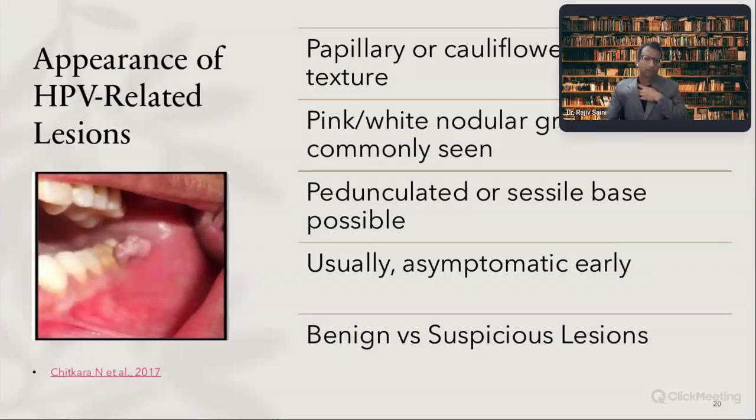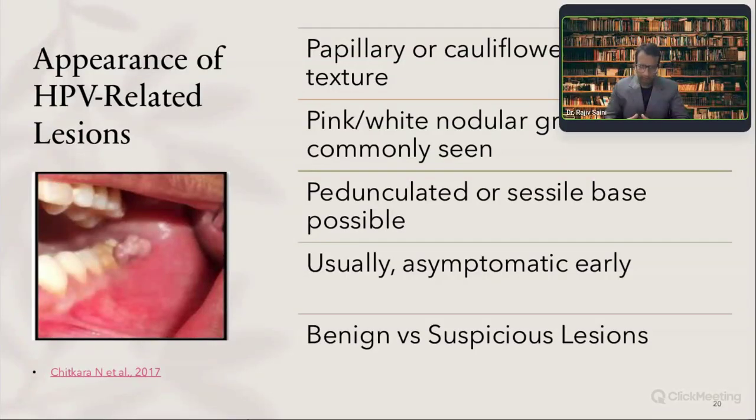When we look at the lesion in general, there is a papillary or cauliflower-like surface texture. If you can see in this picture, there's a cauliflower-like surface texture of the lesion. The lesion may be a pink or white nodular growth, commonly seen. A pedunculated or sessile base is possible. Usually asymptomatic at a very early stage,